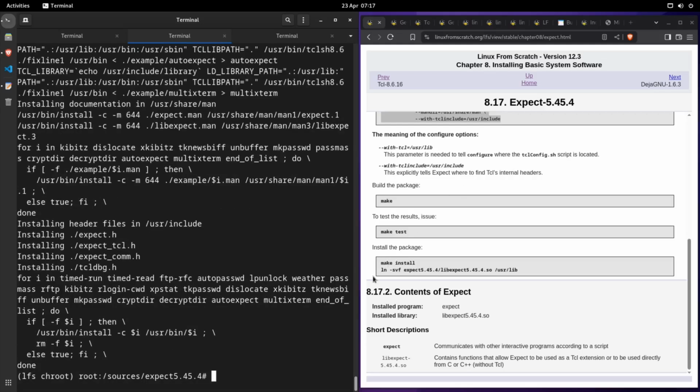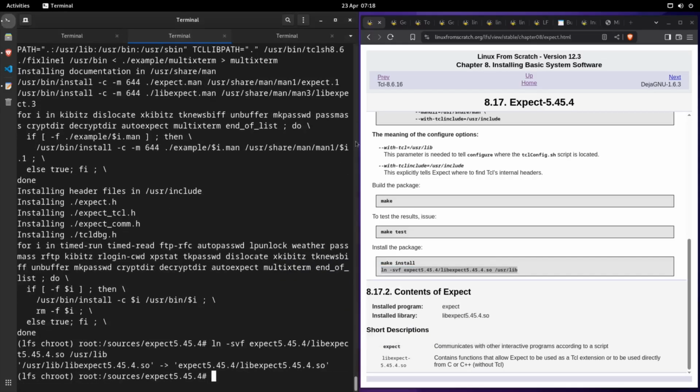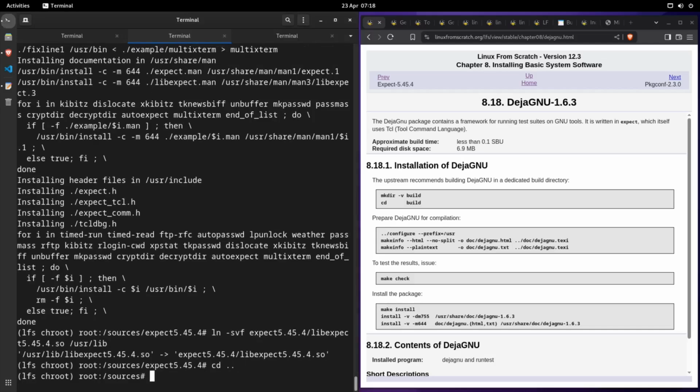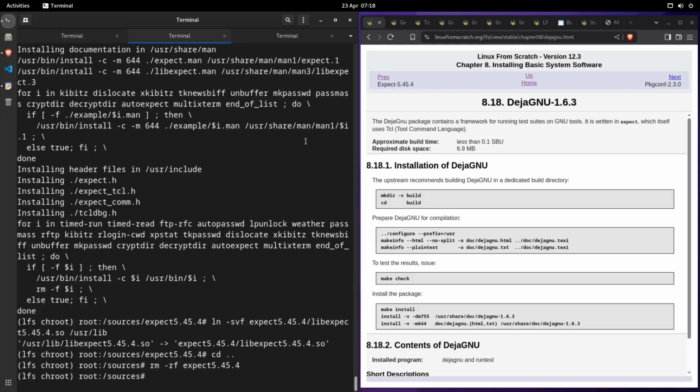And then I think we need the symlink there. Right, done. And then we need to